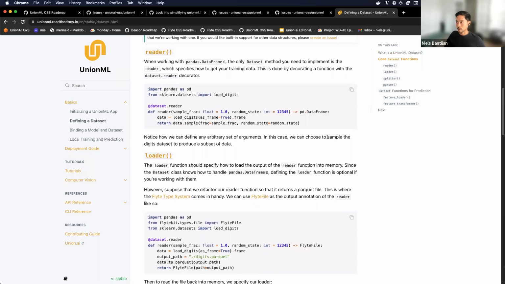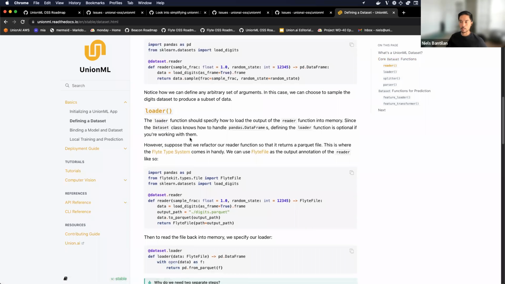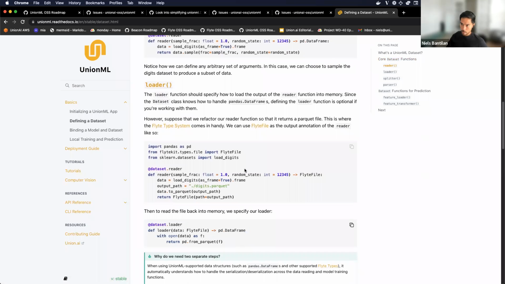The training flow is well defined here. You first read in the data. Say you output a Parquet file. Then you need a loader to load that data into memory. But if Flyte understands how to do that, then you don't need a loader. But let's just say in this case we're outputting this Parquet file. Then, under the hood, the reader is a different Flyte task than the training job, right? That's why there's this separation, and that separation makes sense, since reading data, you kind of want that partition,